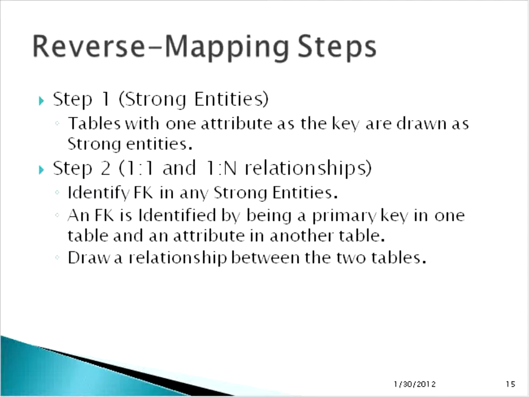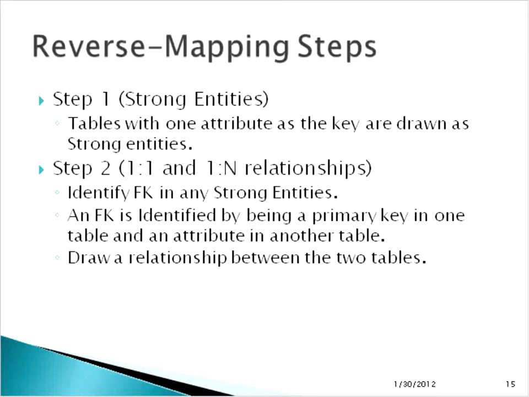So, just like in the first mapping rule, you map strong entities in the forward engineering. In reverse engineering, the first thing is you look for strong entities. Okay, so at this point, I'm going to ask you to open up page 295 of your book and look at figure 11.1. Say for example we have the table called R with the attributes A, B, C,